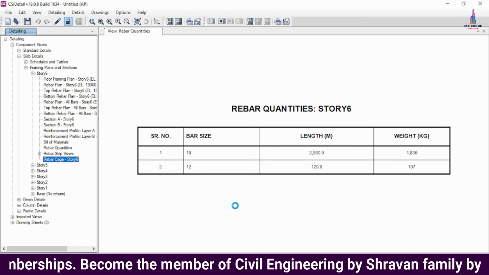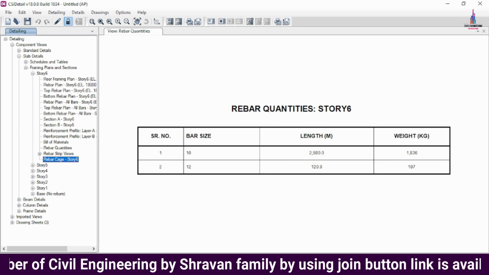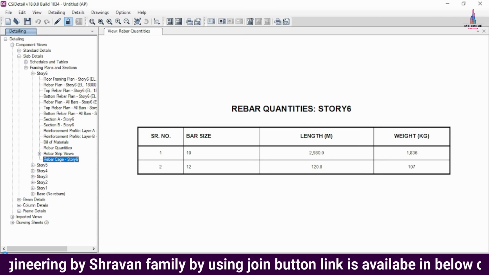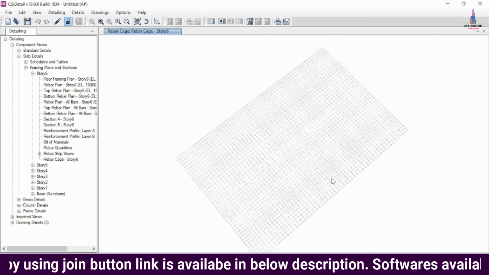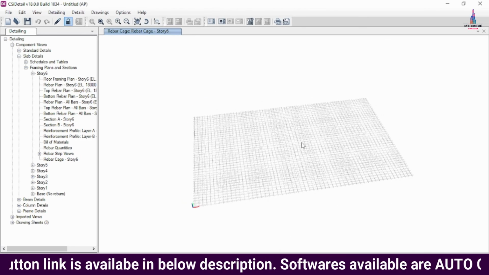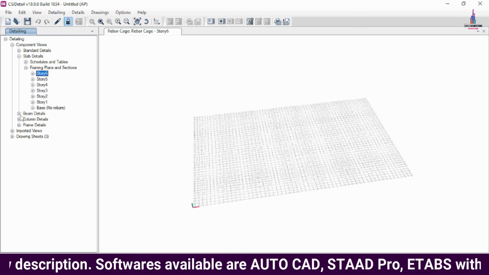Directly click on the reinforcement gauge view option, so that it will initially load the top rebar bars for this particular slab section. Then after that it will load the bottom rebar plan for the particular section. So now we can see this is the reinforcement diagram for the slab section. In the same process you can see the reinforcement values for the rest of the things here.